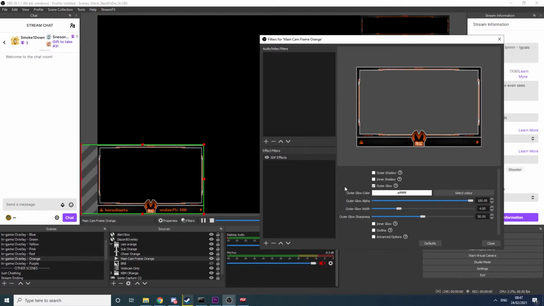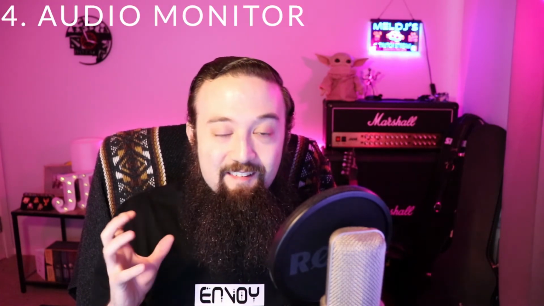Very useful. Plugin number 4 is Audio Monitor, and I know that this is something people have been craving for a very, very long time. Now, there are software alternatives out there like Voicemeeter, and full disclosure here, I still use Voicemeeter. I prefer it. It gives me a lot more options, but it's a lot more complex, and it's way more than most people need. So if you're just looking for a simple way to separate out your audio, for you to be able to hear certain things in your stream, not to hear them, or vice versa, then this Audio Monitor plugin is what you're after.